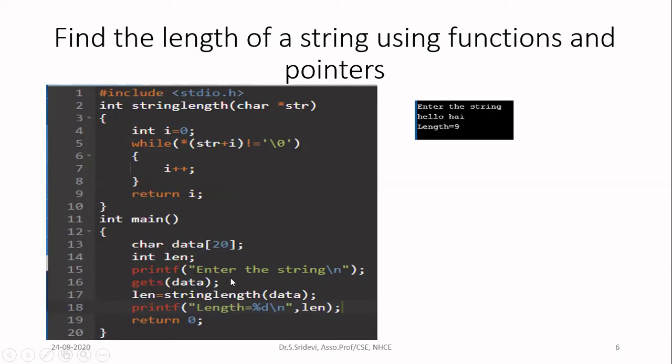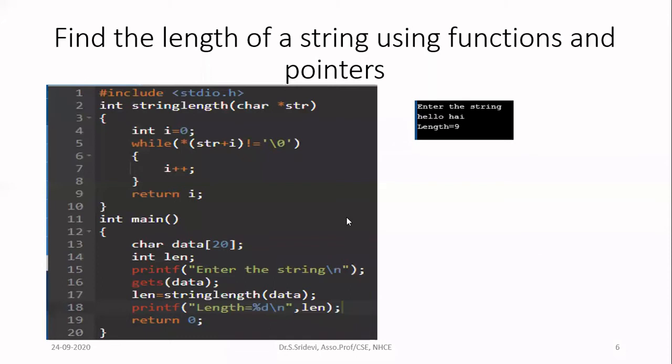Then I am asking the user to enter the string. You can get the string either by using the scanf statement or otherwise gets. But when you use scanf, when you encounter white space, it will stop reading the data. But when you use gets, it will read the data till you press the new line character. So now I am using the function gets to read the string and storing it in the variable data.